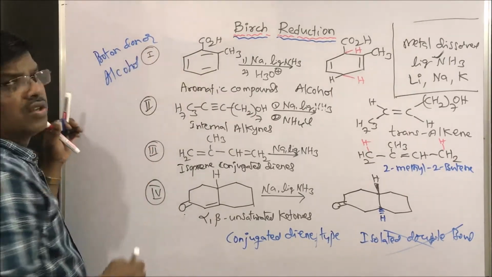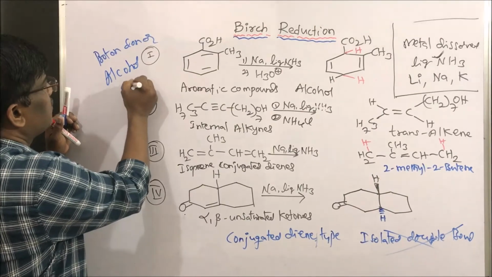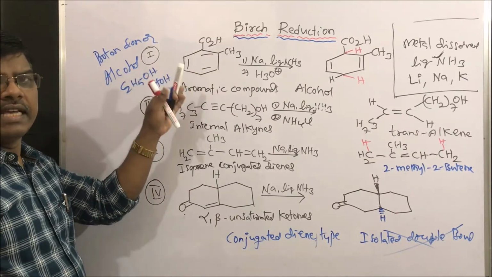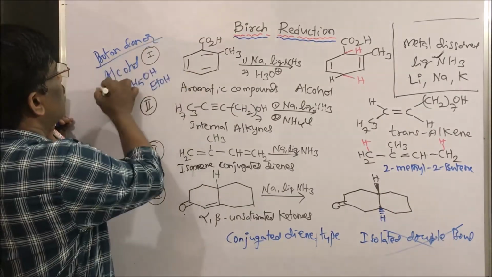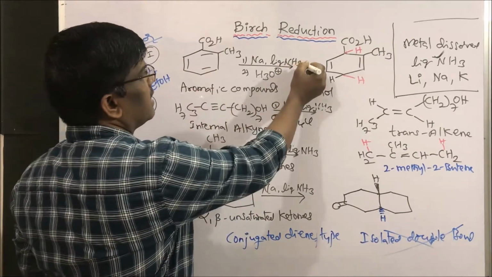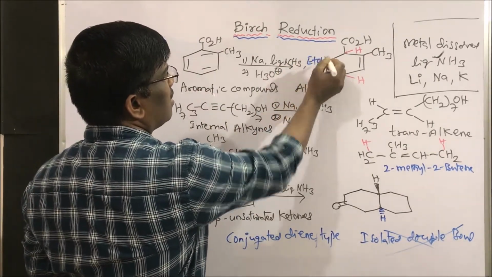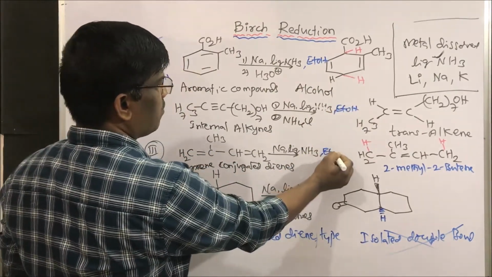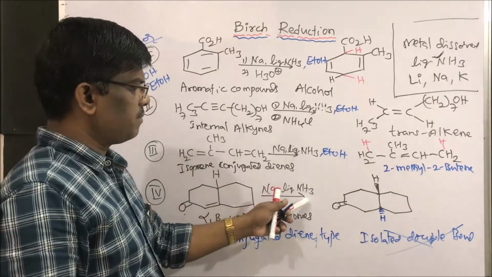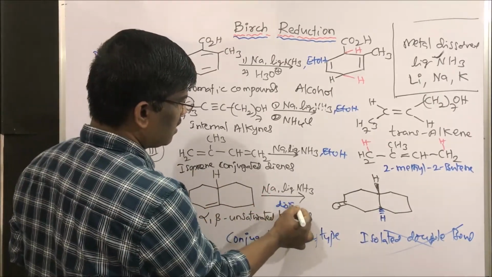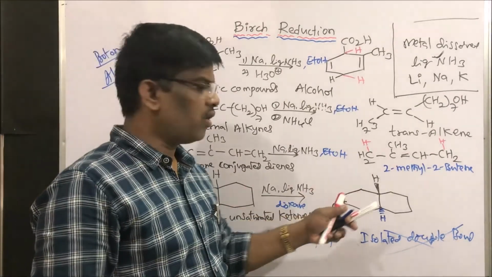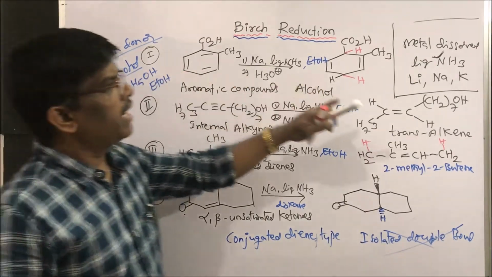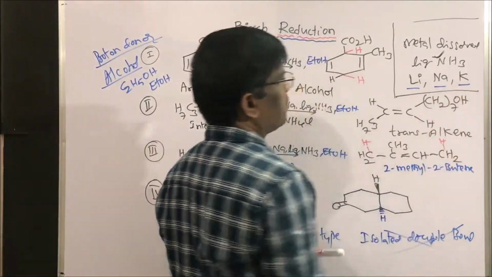So that is why you will see C2H5OH, or ethanol, right? C2H5OH is nothing but ethanol. Alcohol is the proton donor of this reaction. Yes. So write ethanol. Here also ethanol. It is a solvent and proton donor. Here it is an exception where we can use dioxane. If we use ethanol, we are going to get alcohol here. Anyhow, the proton donor is alcohol. Metals are lithium, sodium or potassium.